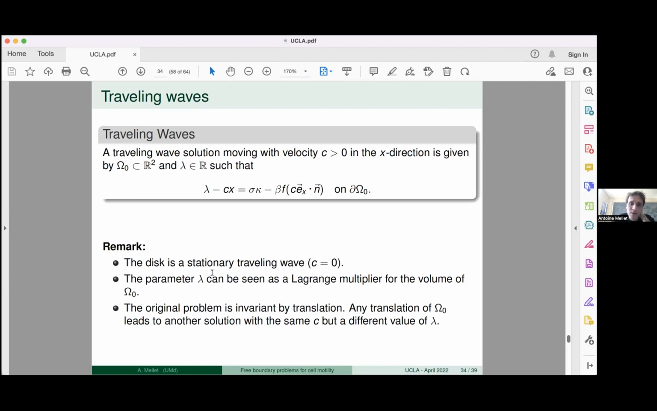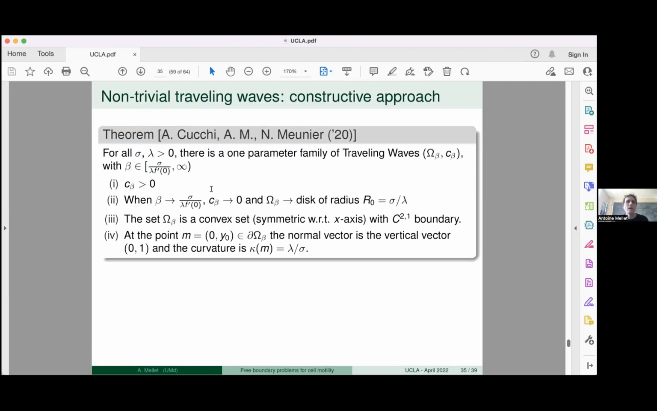As I said, lambda, you can think of it as a Lagrange multiplier. Now, the original problem was completely invariant by translation. And you see that here, if you translate in the y direction, nothing happens. If you translate in the x direction, you will get a solution. You can find the same solution if you change the value of lambda, right? So you have to be a little bit careful with lambda, because up to translation in the x direction, you recover the same solution with different values of lambda. Okay. But what we can prove